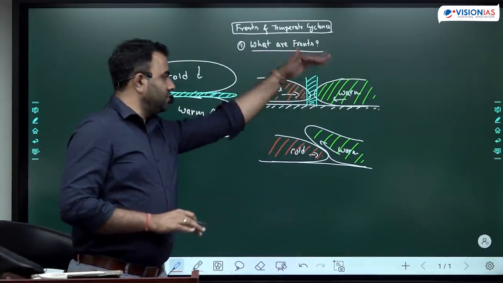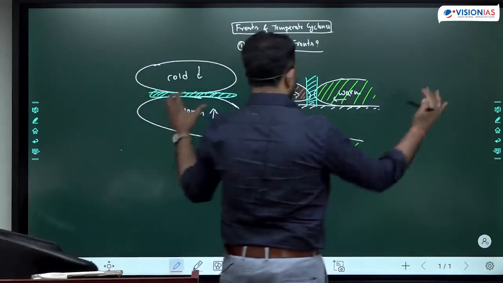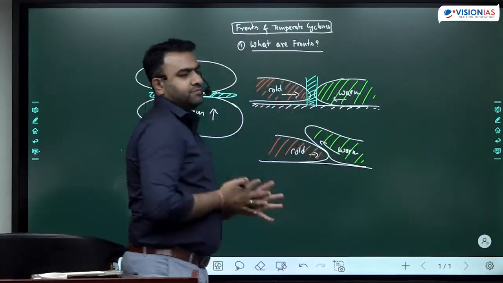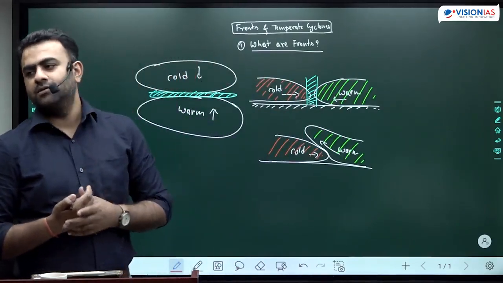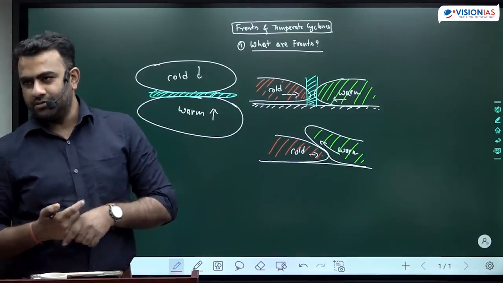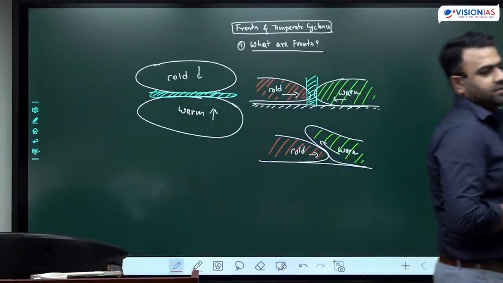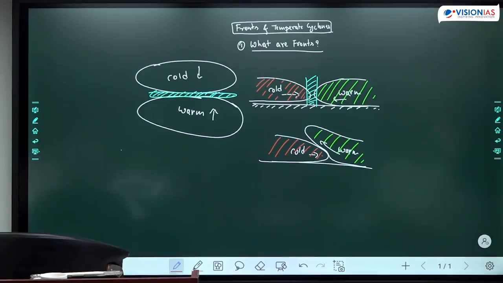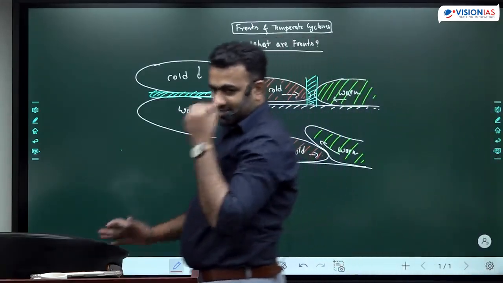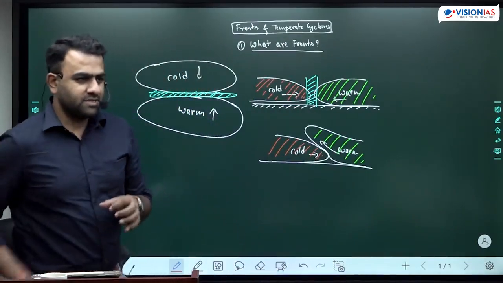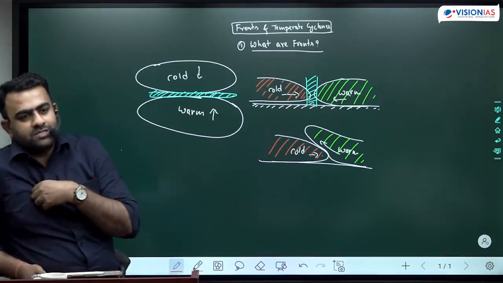Initially, when I showed that warm air mass a little bit away, there was no front. Two different air masses came closer towards each other, and there is a formation of a front. It's called frontogenesis. Genesis is origin. Frontogenesis is the formation of a front, which is due to the convergence of two different air masses. As they come closer towards each other, the air masses tend to push each other, and in this process, it results in the formation of a front.